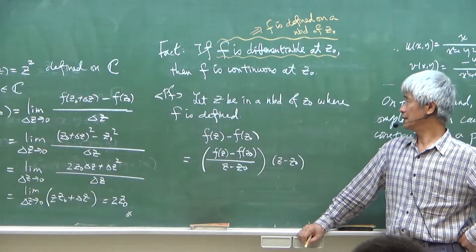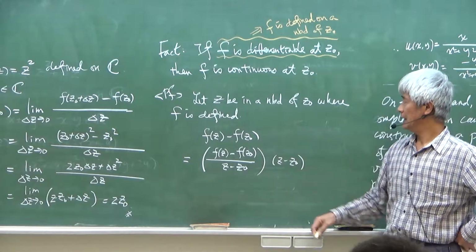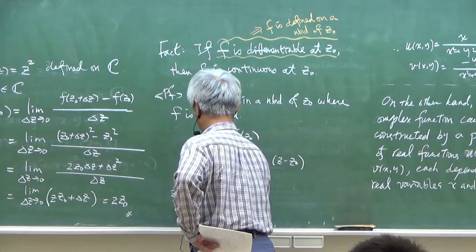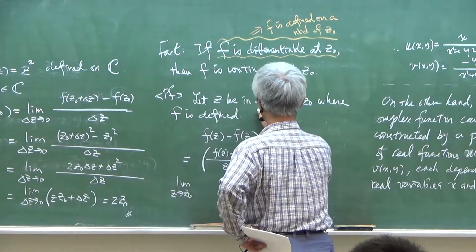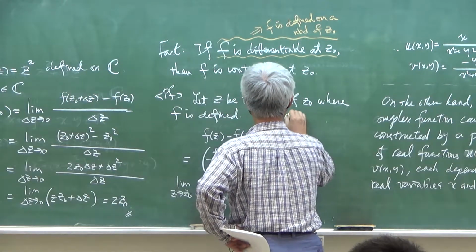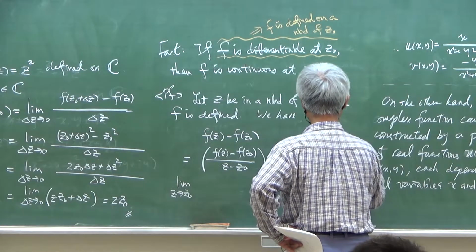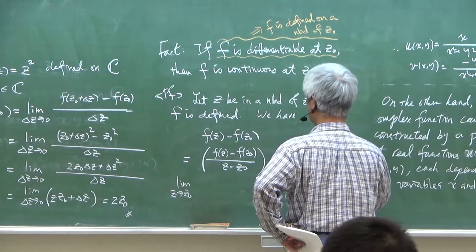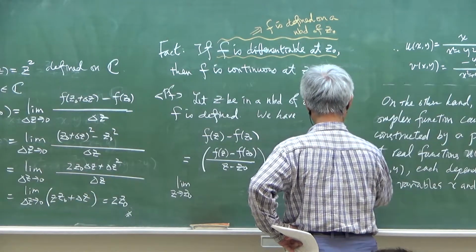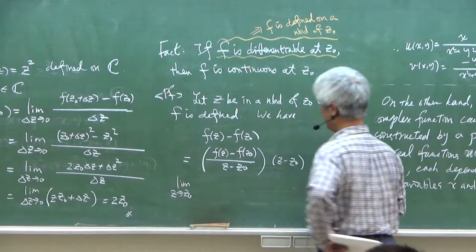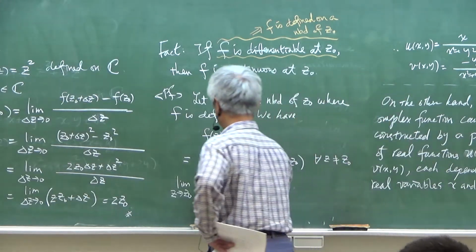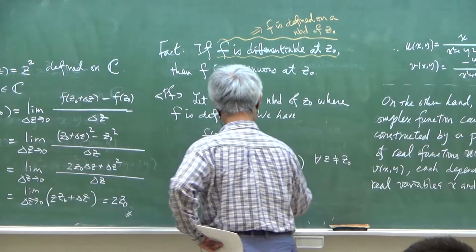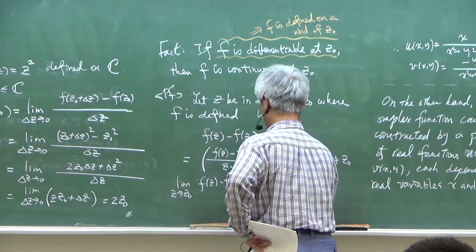So now as z goes to z0, we have, for all z in a neighborhood not equal to z0, the limit of the difference becomes